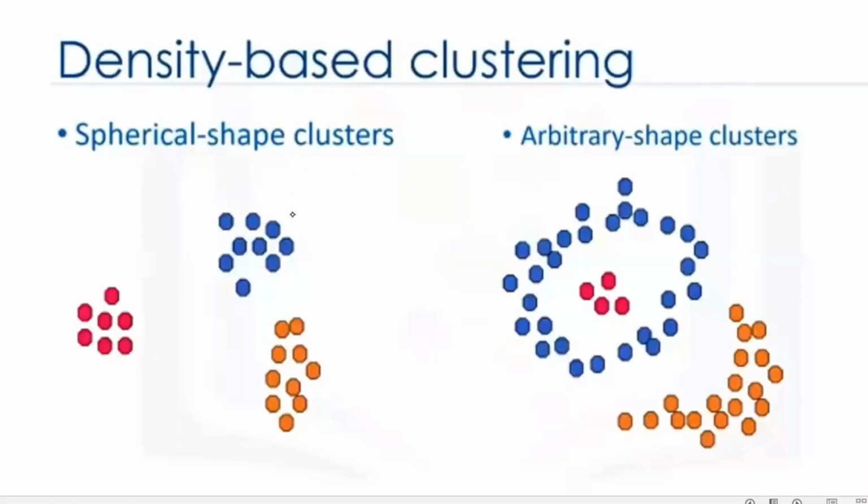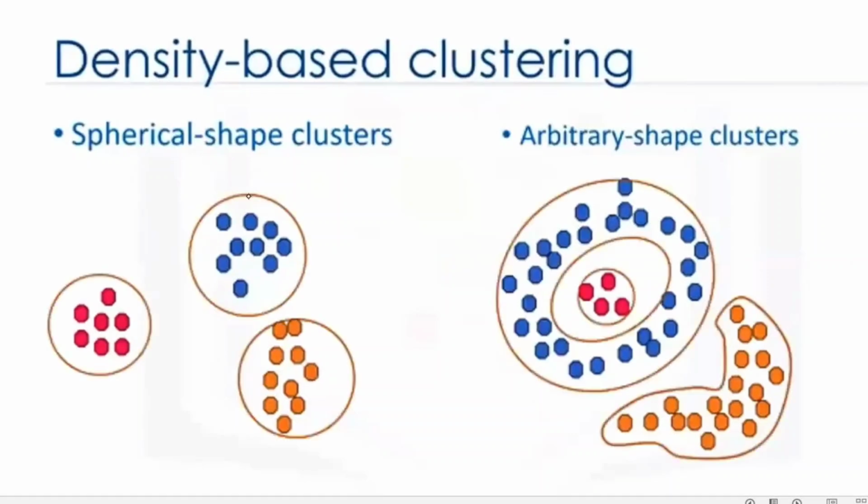So till now, the algorithm we have worked with is the K-means algorithm. The K-means algorithm is a spherical shape algorithm, it covers points like this. Whereas we also have arbitrary shaped clusters. This is called spherical based clusters and arbitrary shaped clusters. We have both kinds of clusters.